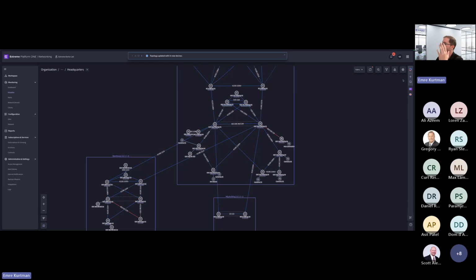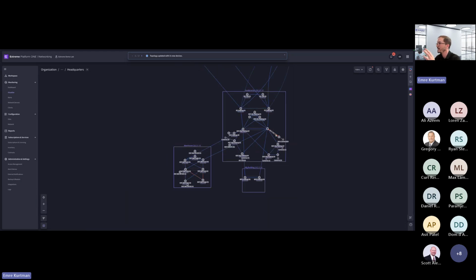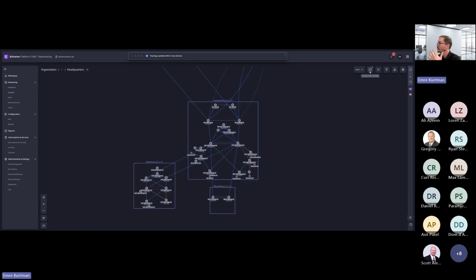So we verified everything is going good with the physical layer. I can verify my connections, they're up and running. Same with the fabric layer, all the links, and there are some links which are basically down, by the way, so that you can see it in red. And so everything more or less looks good. But what about the services?